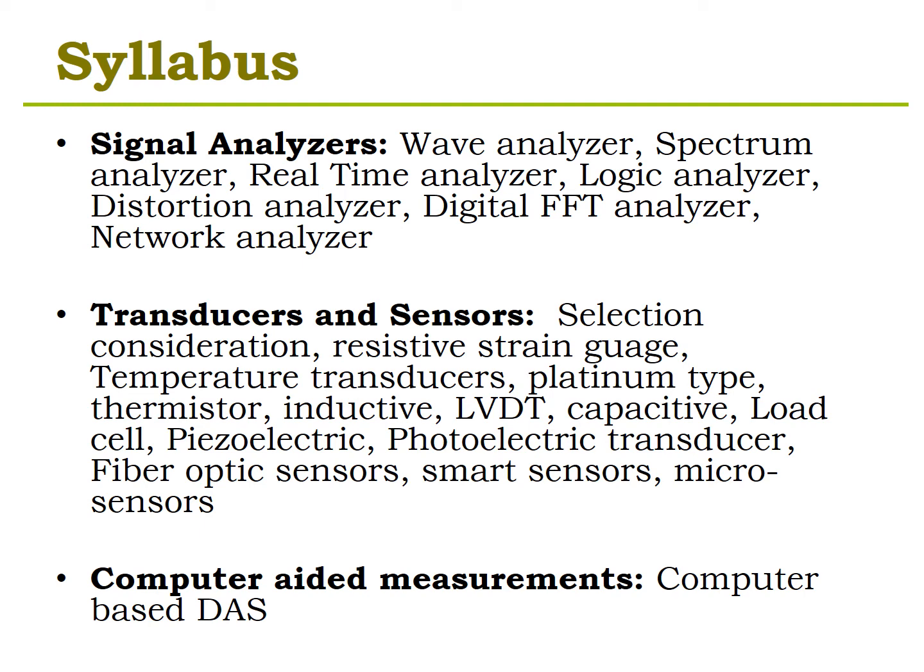And finally the course ends with data acquisition system for computer aided measurements, wherein I would be integrating the knowledge of what all I have studied so far, and we'll be looking at a broader perspective from a data acquisition system. So I have sensors, multiple sensors placed at different locations. Maybe I would be sensing them remotely from my actual processing center, and then how are we acquiring the data, how are we sending the data, how are we processing the data, how am I actually measuring those parameters. So that would be the last chapter.